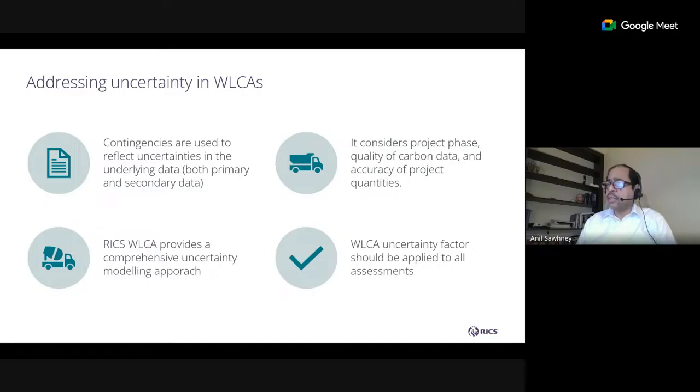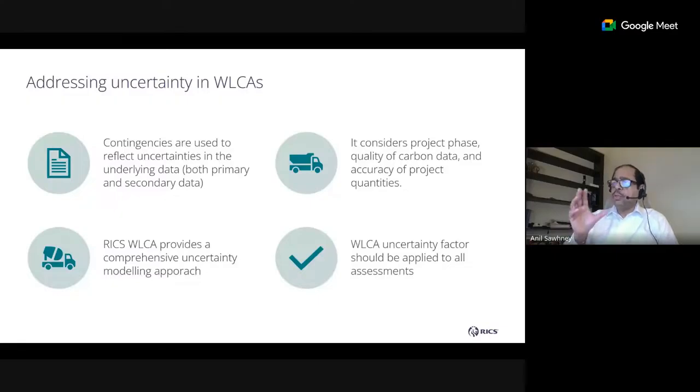The standard incorporates contingency factors for both primary and secondary data. It provides a comprehensive uncertainty modeling approach. It considers project phases, quality of carbon data, and accuracy of the project quantities when assigning this contingency factor. So it's a three-part